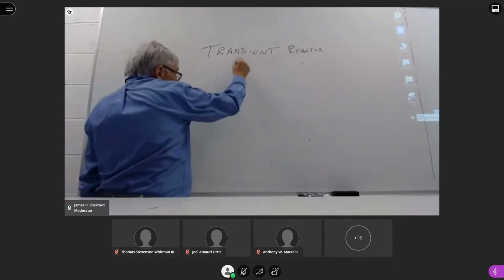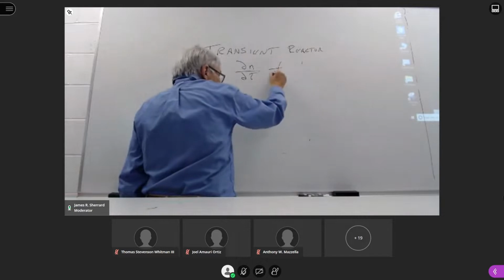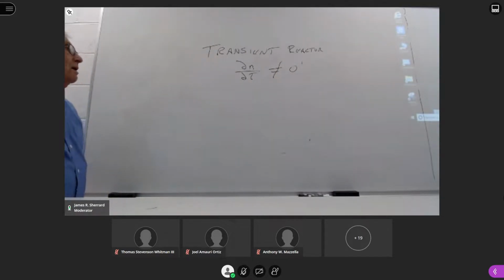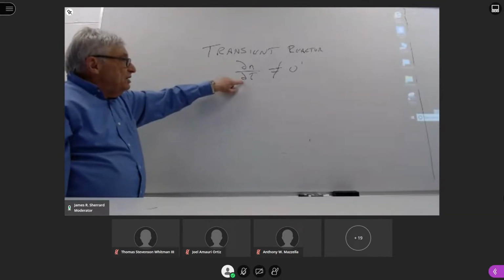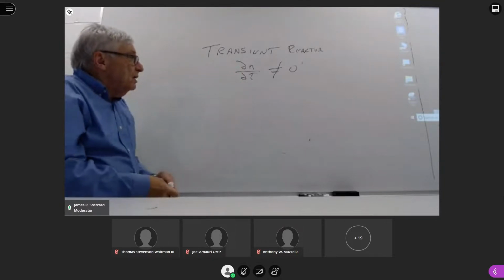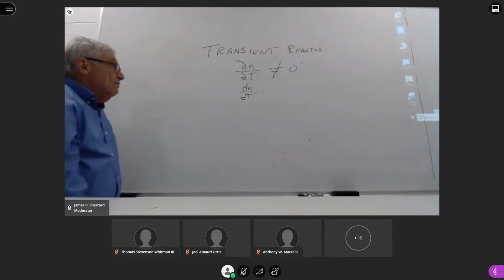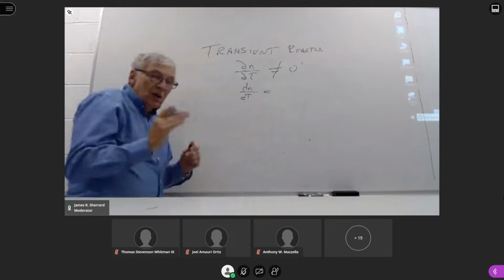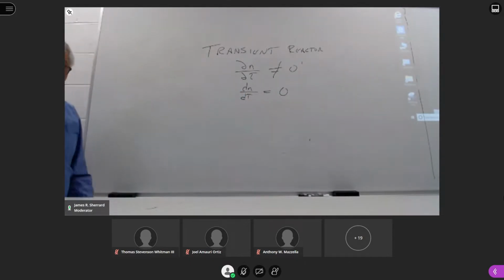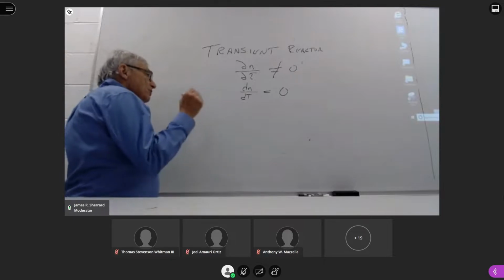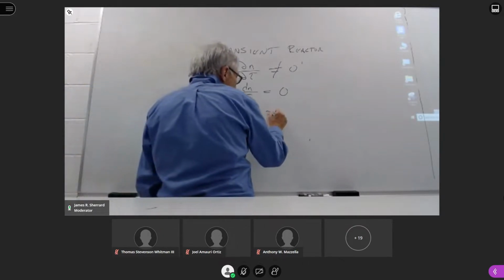If we look at a transient reactor, again, we know that the rate of change of the neutrons with respect to time is not equal to 0. And instead of looking at all the possible variables that might impact the neutron population, we're just looking at one of them, which is time, so we're going to make this solely a function of time. And to start off, since we like to operate around criticality, we say that that's essentially equal to 0, just for the ease of doing math. Whenever you go to set up an equation,